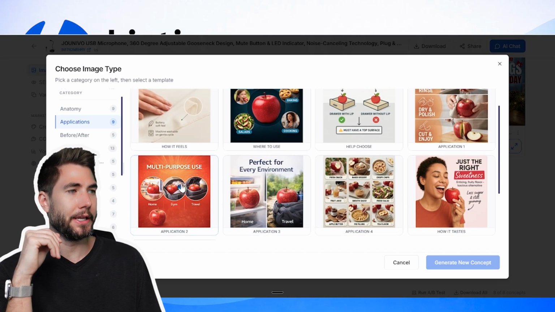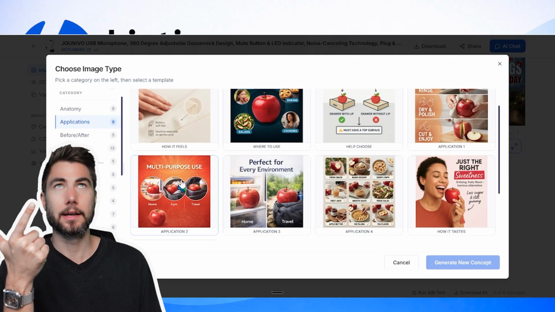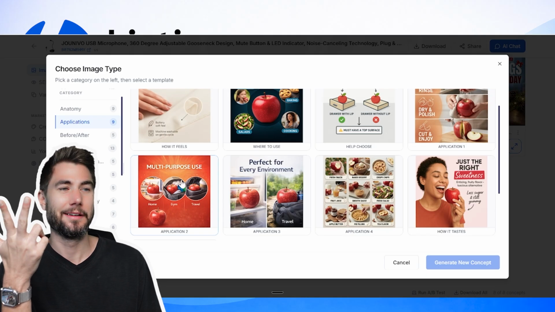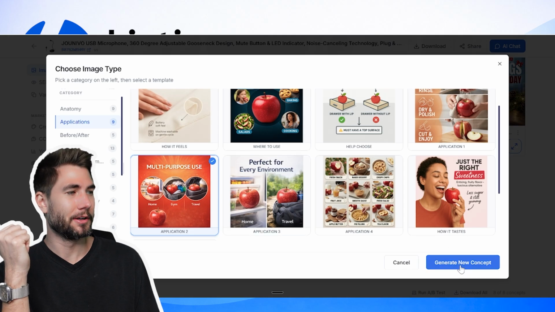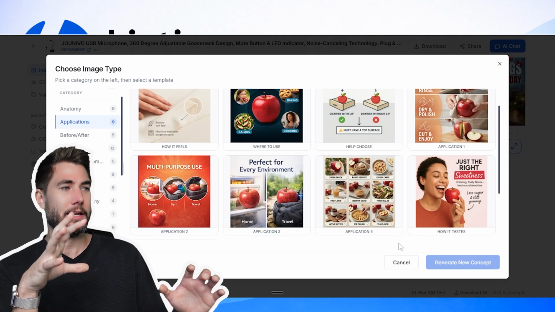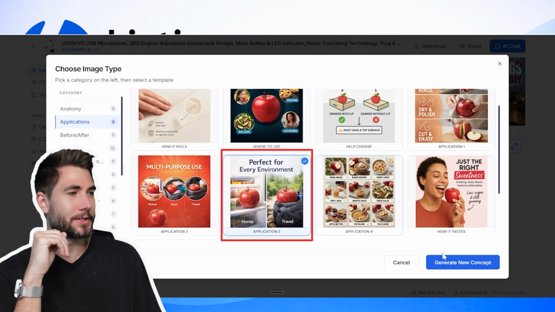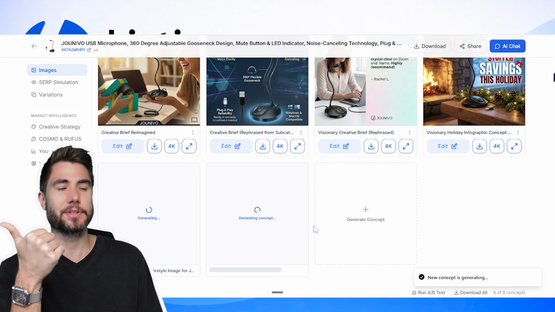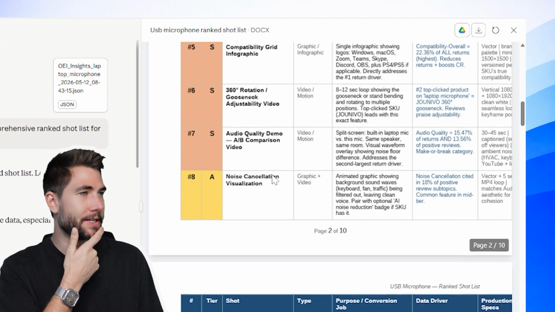So I like this 3 because I'm going to say Windows, Mac, and I'll say tablet. I don't know if it really syncs with a tablet, but we'll just create that concept and then we'll go edit it to be the applications. I also like this one here. Actually, let's go with that because I'm just going to say Windows, I'm going to say Mac. And let's keep going down this